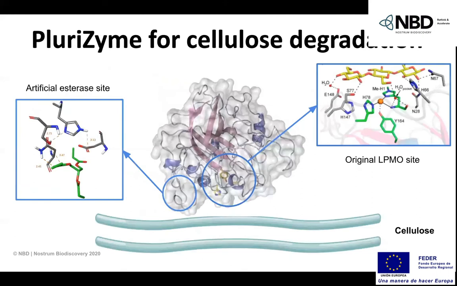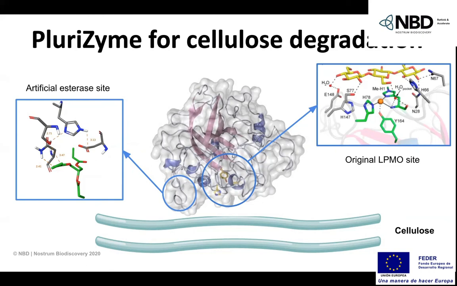As I said before, we have the LPMO results. In an LPMO, we want to challenge the approach towards a totally different architecture, a different type of folding and a different type of mechanism, and introduce there an artificial esterase site. The aim for this project was that LPMOs that work on cellulose fibers, when they find esterification in the cellulose fiber, get inhibited by those esterifications, and introducing artificial esterases on the edges can clean these esterifications before they can inhibit the LPMO active